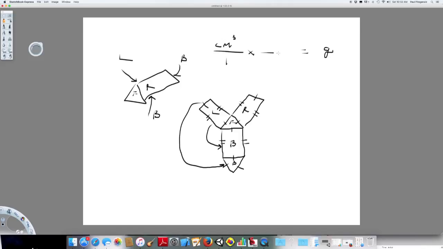The density shows me the relationship between the volume and the mass. So what happens here is whatever my units of volume are, they cancel out, and I'm just left with my grams. And this here is my density, and it's an equality. It's like multiplying by 1,